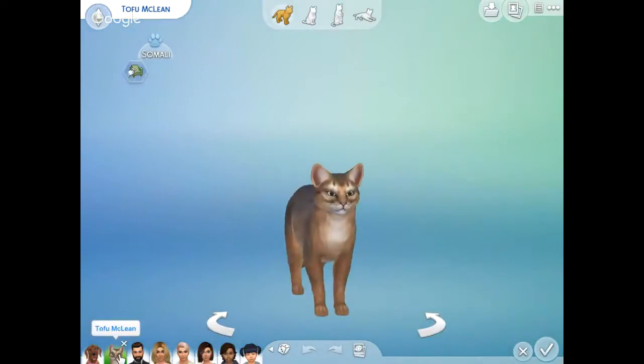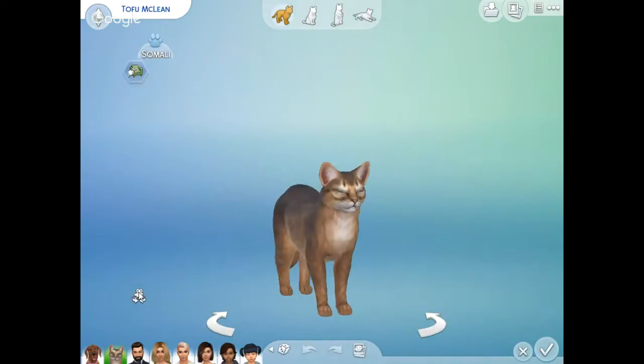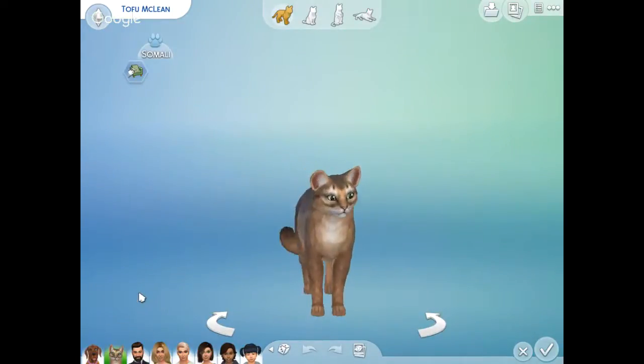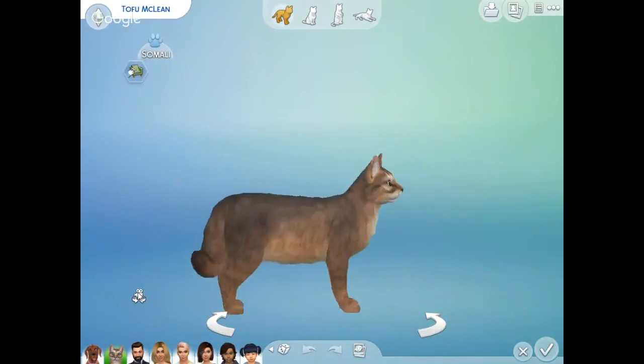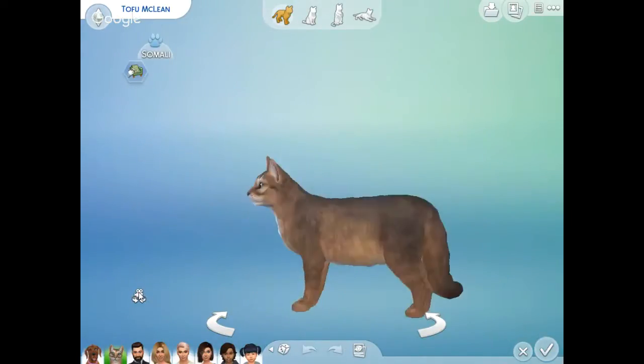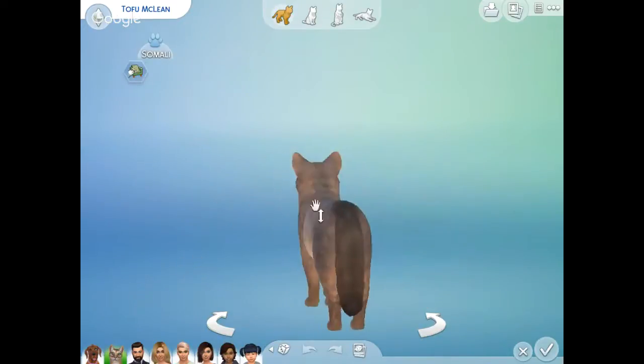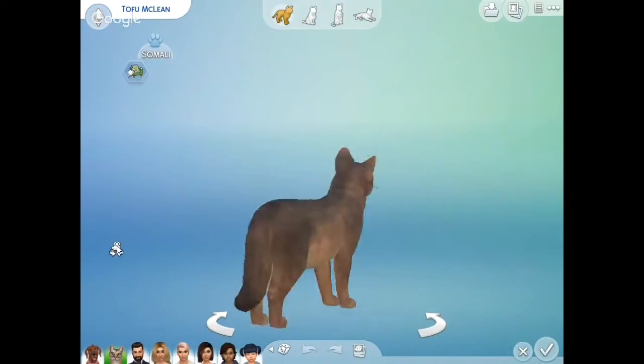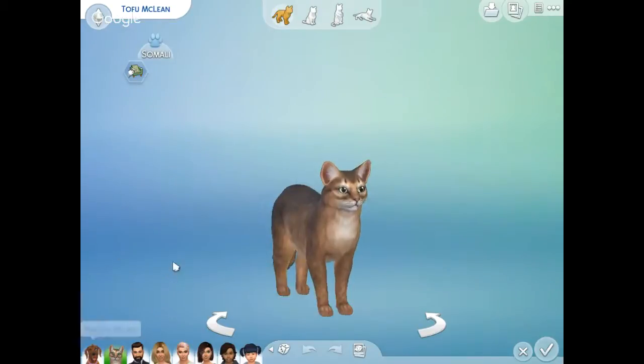This is Tofu. I adopted her because of her name as well. But this one I did change, because originally she was the exact same color as Peaches. When I was playing the game, zoomed out, for some reason I couldn't tell Tofu and Peaches apart. I know it's weird because Tofu is a cat and Peaches is a dog, but I couldn't tell them apart at all because they're both brown. So I decided to change Tofu up a bit by making her tan and dark brown, or whatever this color is, dark gray, instead of brown like Peaches. So that's what I changed.